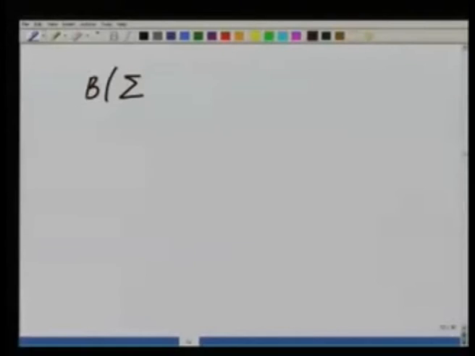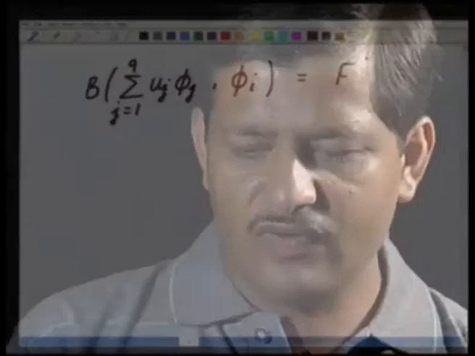So, now if I have this, now I can expand the U9. So, what will that be equal to? I can write it as B of sigma j equal to 1 to 9 uj phi j, comma phi I, is equal to f of phi I. Now, since this is bilinear, by the definition of a bilinear function, this summation over this coefficient